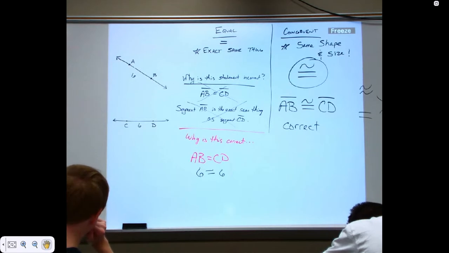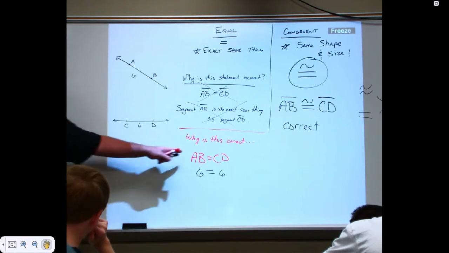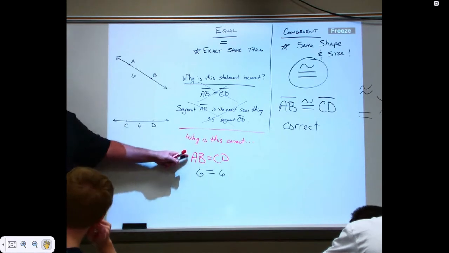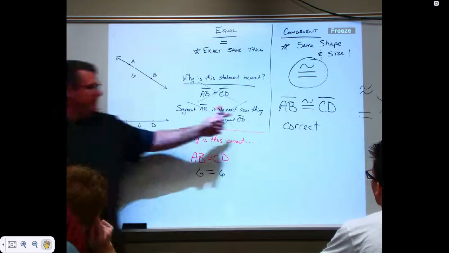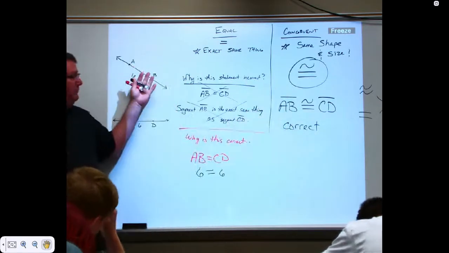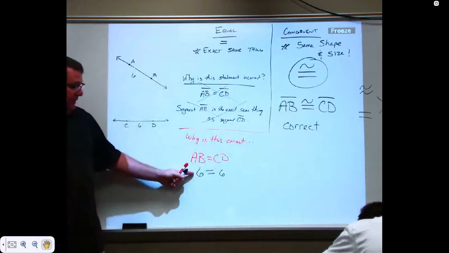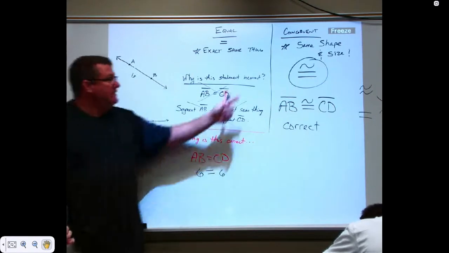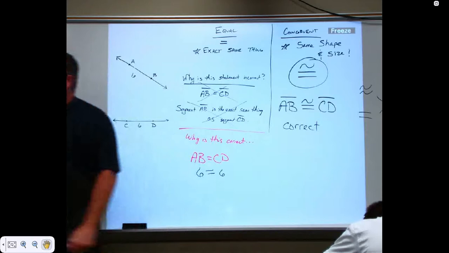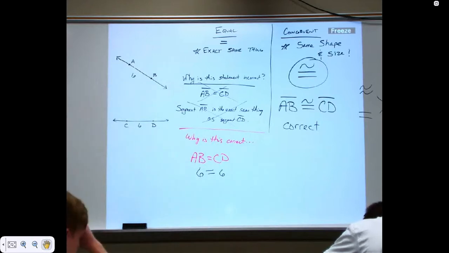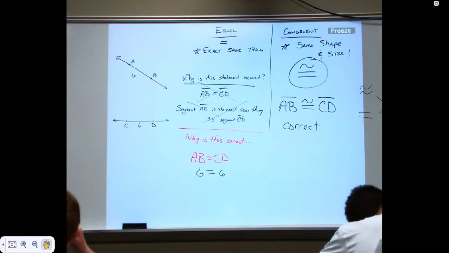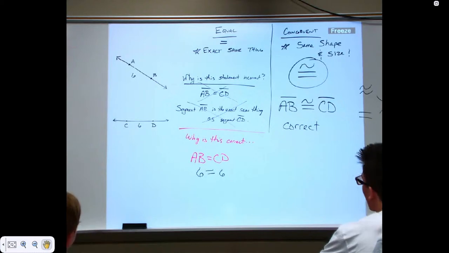Now, does two things being congruent lead you to say that their distance is the same? Do two segments being congruent lead you to this? Yes. Because AB is congruent to CD, I didn't have to tell you how long they were. If I said this was true, then their distances have to be equal. Because congruent means the same size and shape. But you will use congruency all the time, again and again and again. So it is important that you understand the concept of it.